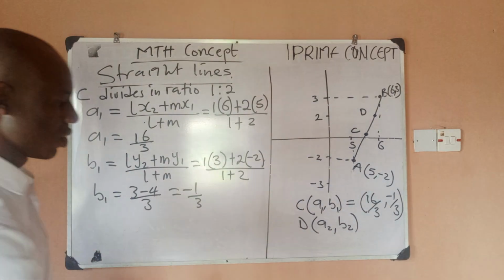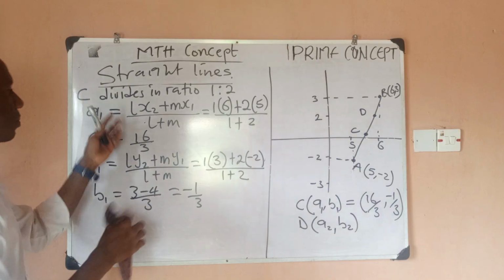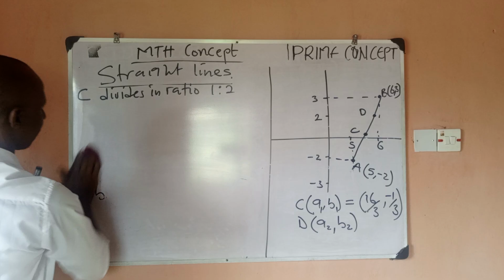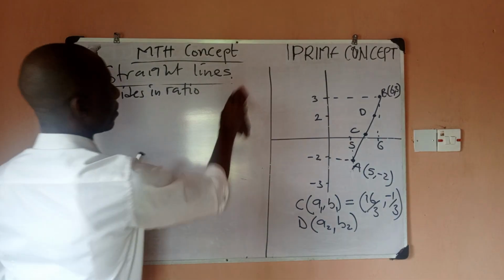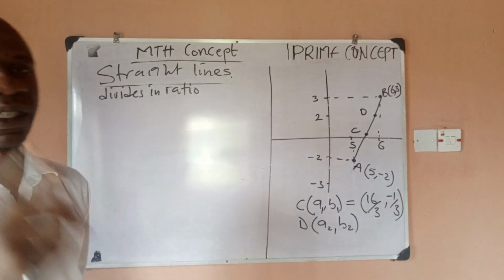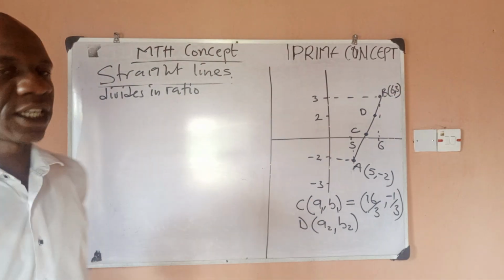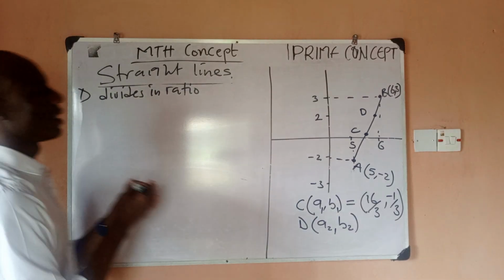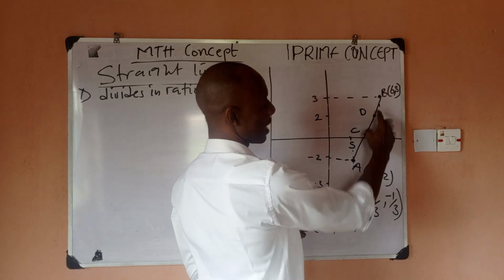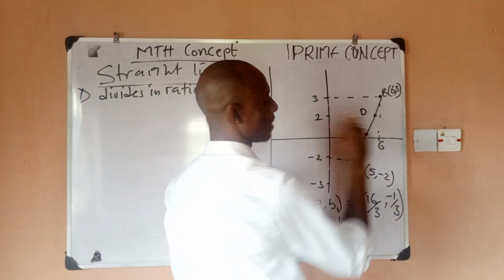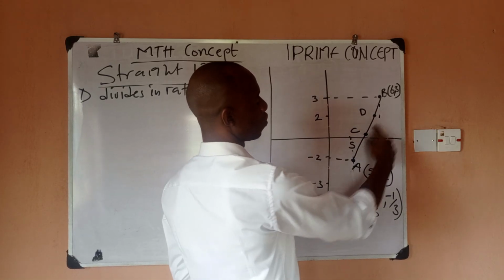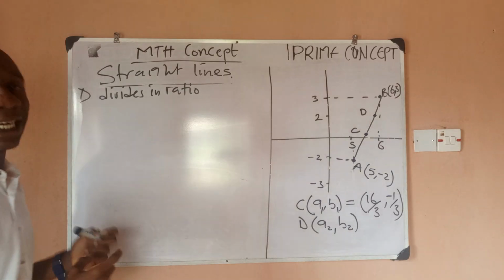The next thing I want to do is to find the coordinates of point D. So I'll repeat the same process. Now, in what ratio does D divide the line AB? Tell me the answer, put it in the comment section, then play the video and check if your answer is correct. D divides the line in the ratio, remember, we're dividing line AB. So D divides the line in the ratio 2:1, because from here to here, say it is 1. From here to here, it is 1. So 1 plus 1 is 2:1. So D divides the line AB in the ratio